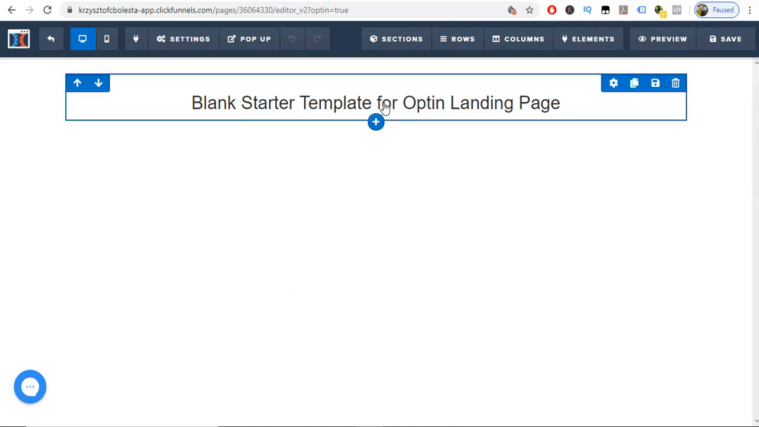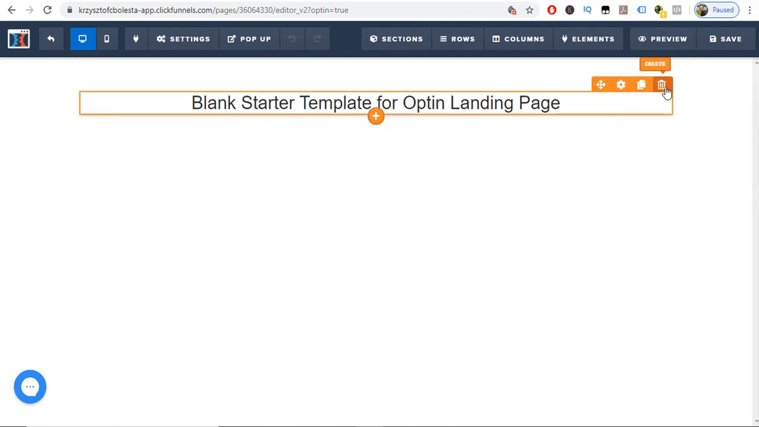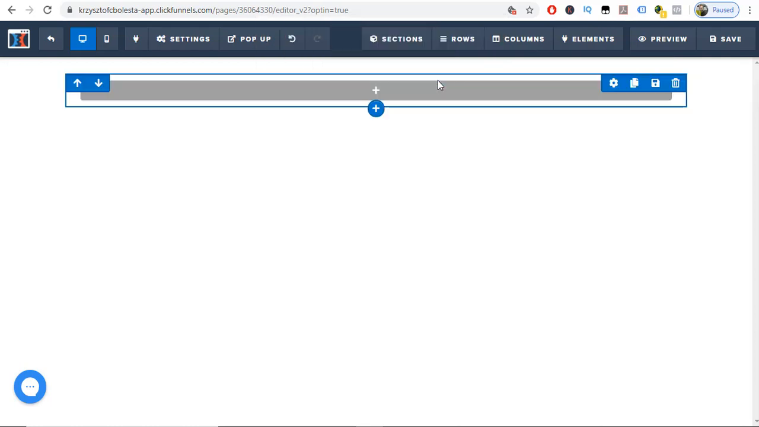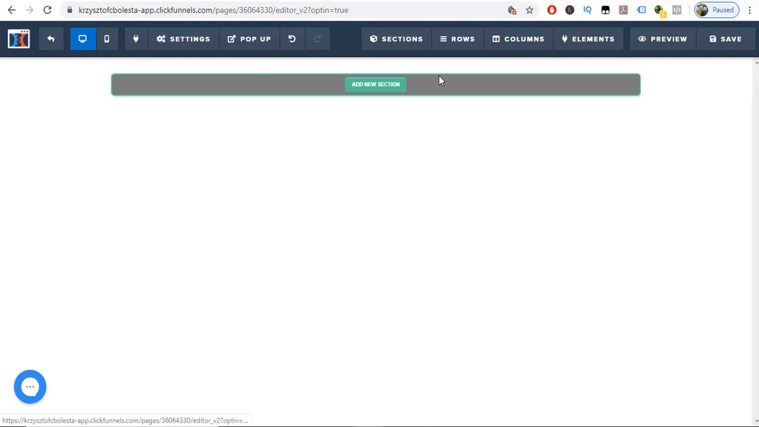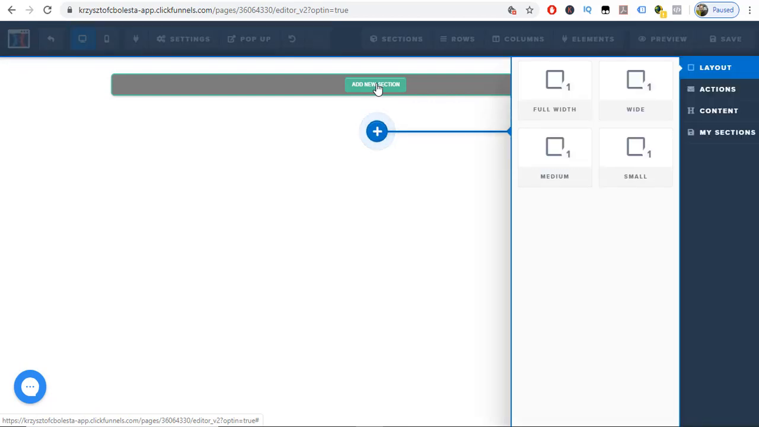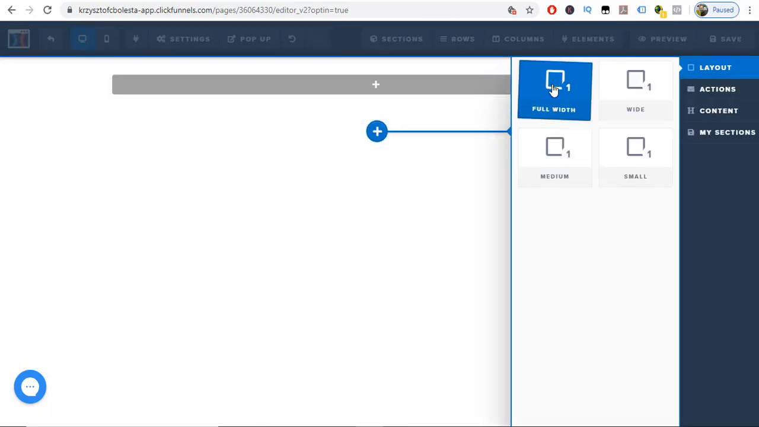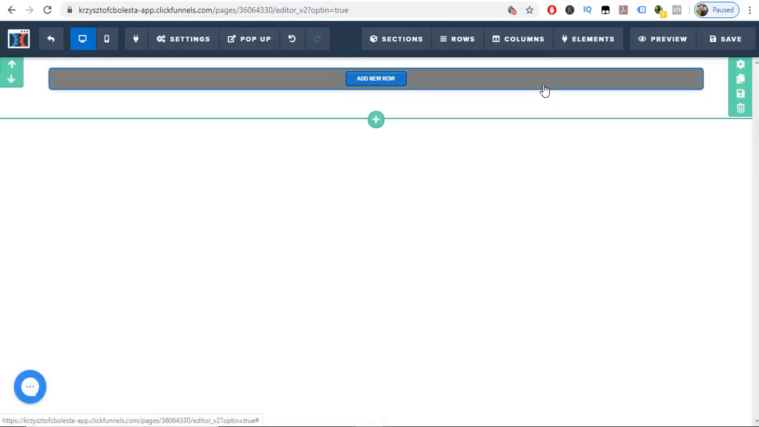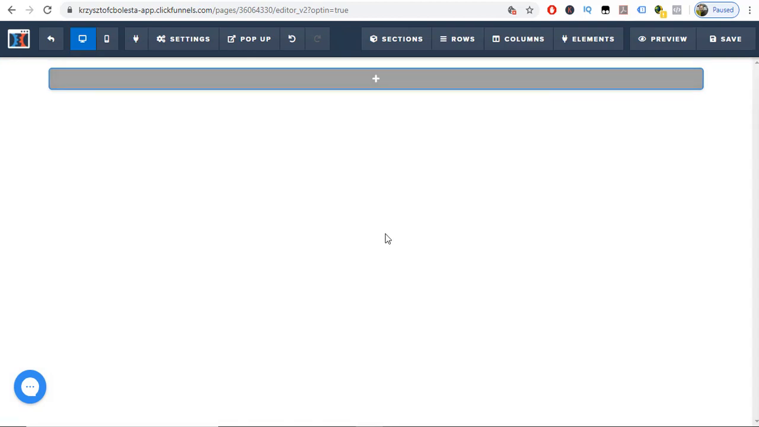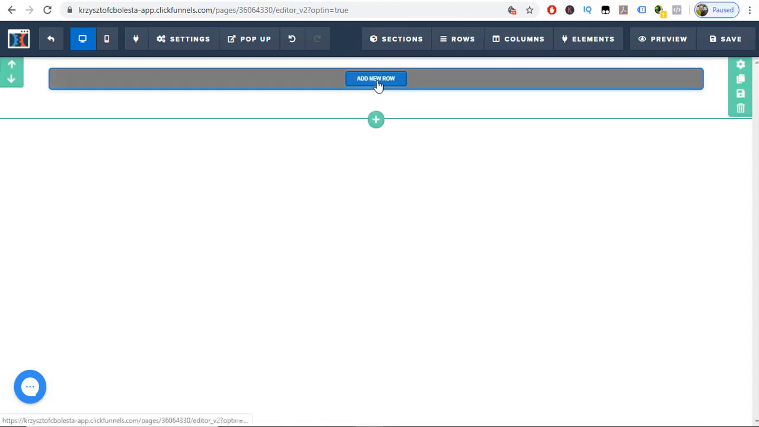So we can delete that one straight away because we don't need that. We can delete that one as well, and we can delete that one. And here we've got add new section. So we click that and we add a new section, and we do full width, and it's building full width. Don't worry about that because that will be going down and down and down. So let's do add new row,